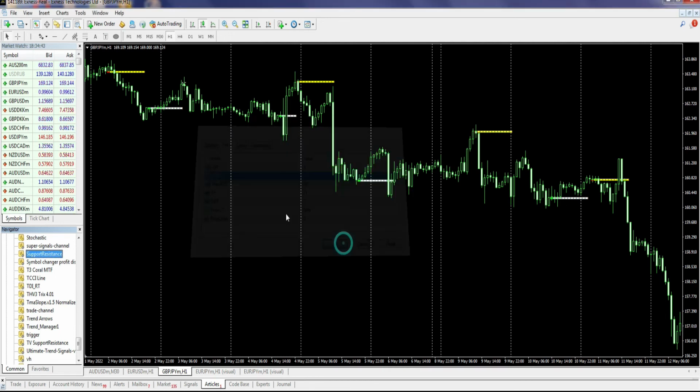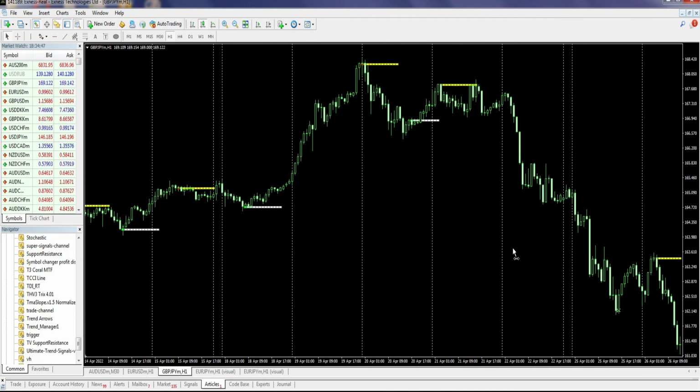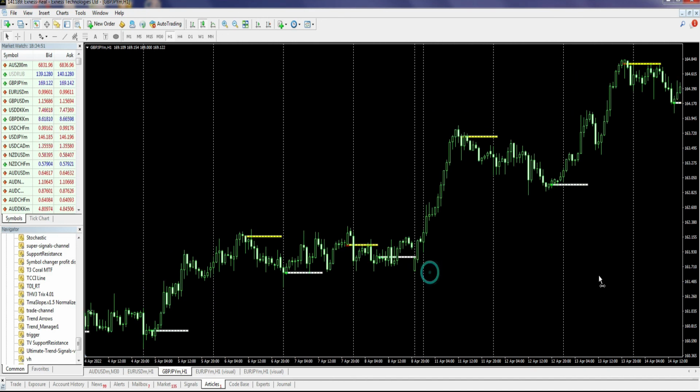It's like when someone is doing something really strange, but when asked about it, he or she simply replies, "Sorry, it's just a reflex." When plotting support and resistance,